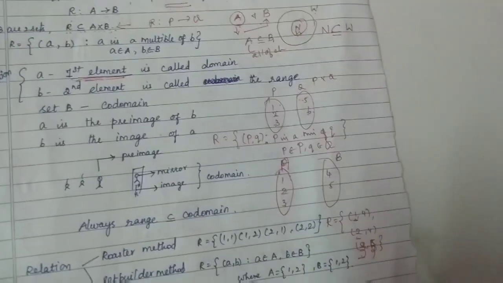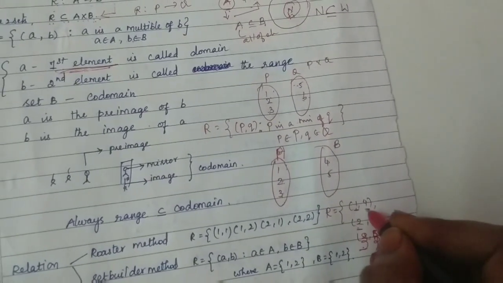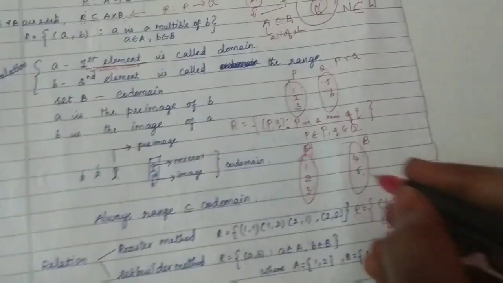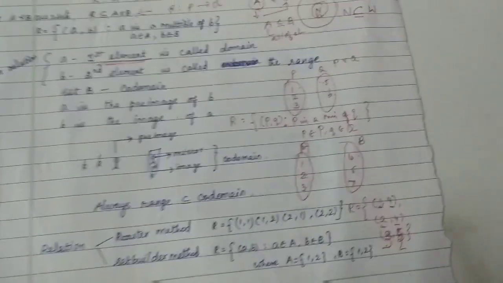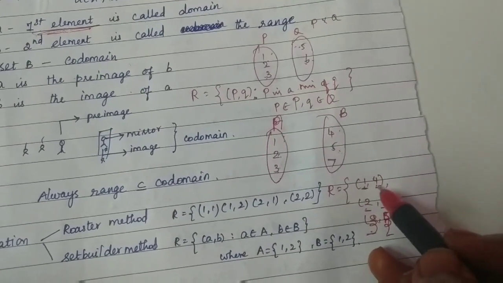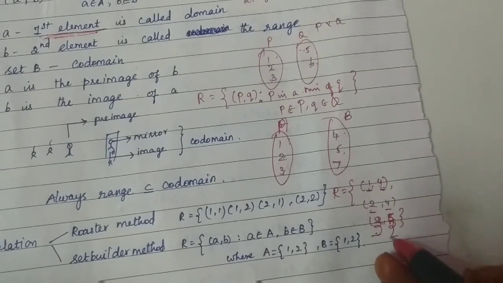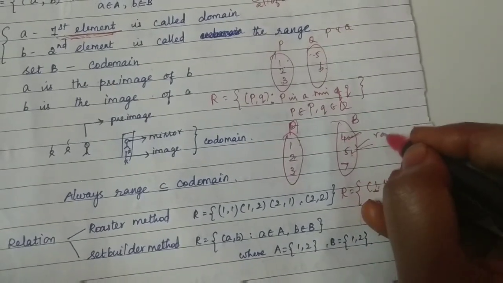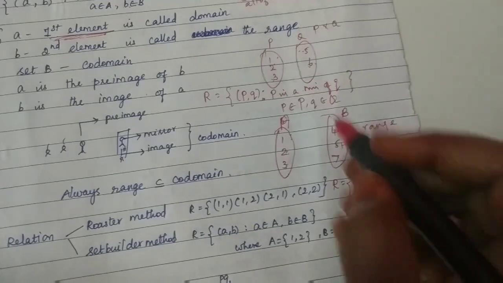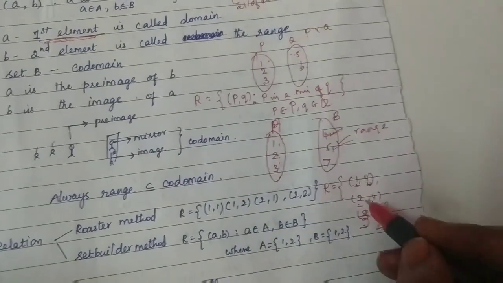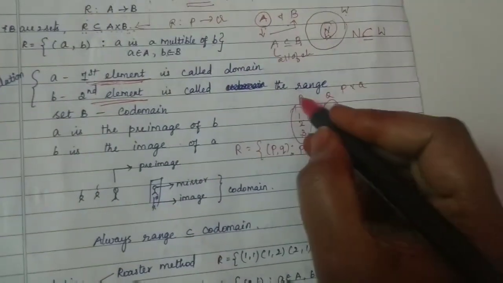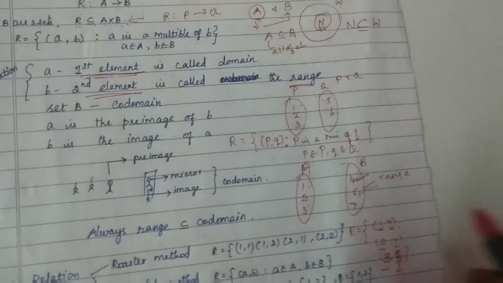The next one, range. The second element is nothing but the range. Therefore 4, 5 is nothing but the range. I may include 7 or it may be any number. 4 and 5 is what is there in this relation, the second elements 4, 5. That is nothing but the range. These two numbers are the range as per the relation I have written. Here, 1, 2, 3, the first elements, are the domain. The second elements are the range.